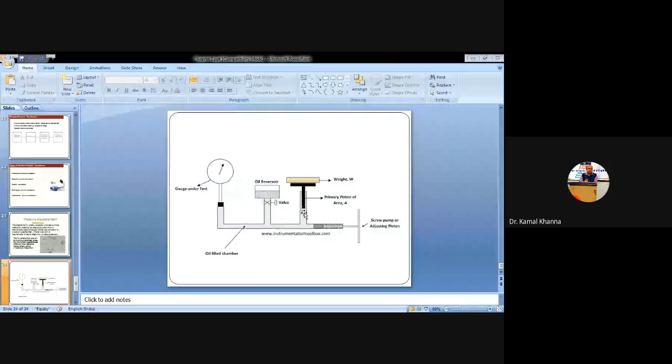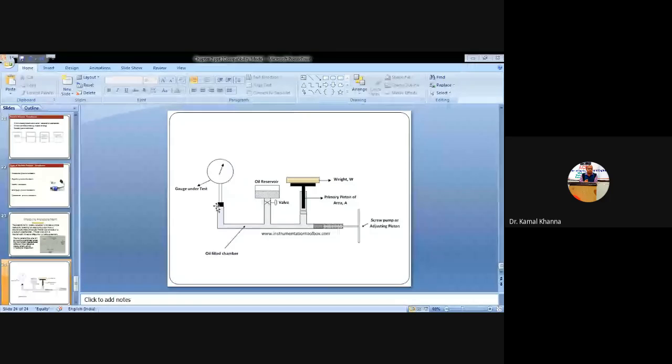And here we have installed a pressure gauge on the left side portion of the deadweight pressure gauge. The diameter is not shown in the figure here, but the diameter of the cylinder where the piston and the other weights or platforms are installed will be more as compared to the diameter on the left side portion. So the pressure to be transmitted to the pressure gauge is to be calculated.